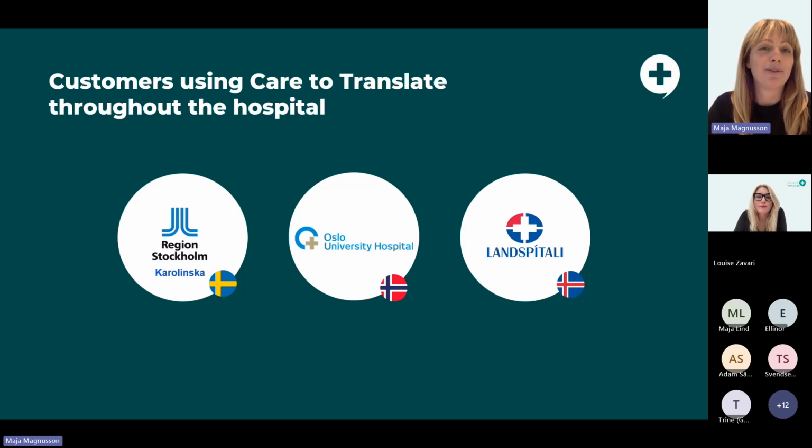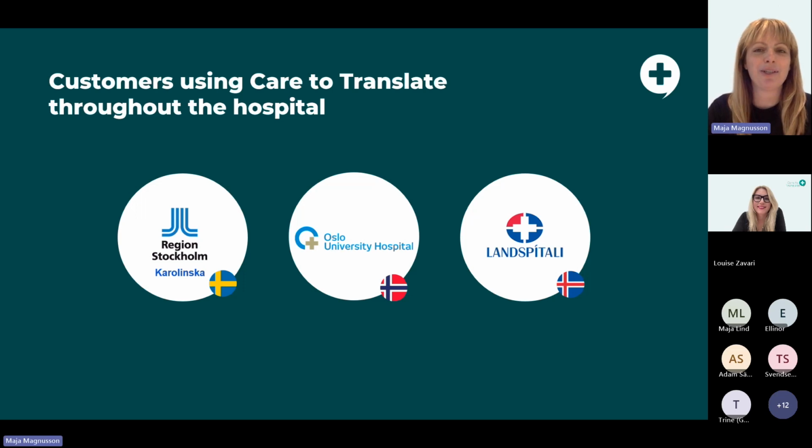Then we have Oslo University Hospital in Norway. This is our biggest success story when it comes to implementation in a hospital. So after a successful 6-month trial in selected departments, the decision was made to implement the app across all necessary departments. And now, only 12 months later, it is being used in over 100 departments. This widespread adoption was also supported by a national procurement framework, making the app accessible to all healthcare providers in Norway. And third,